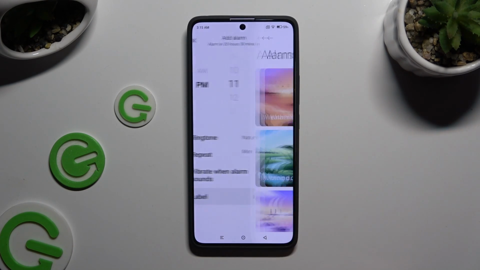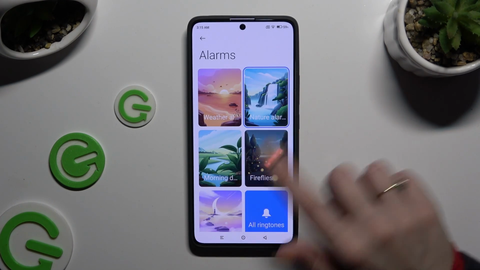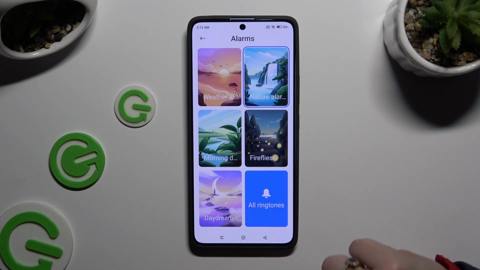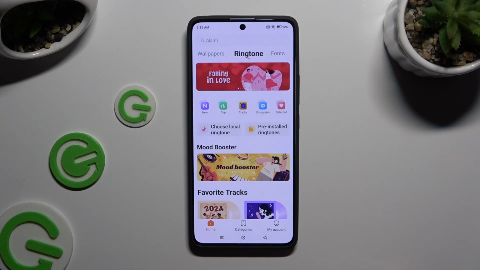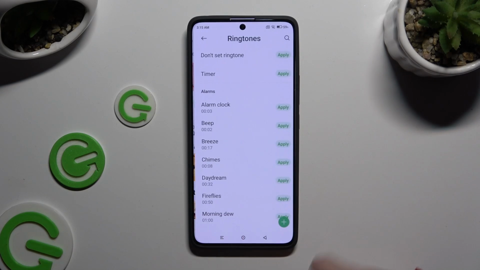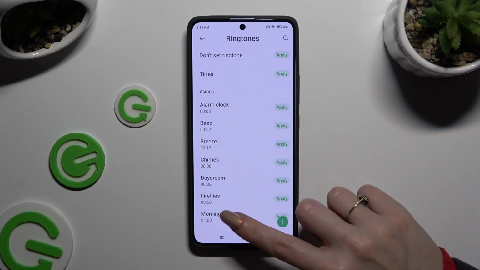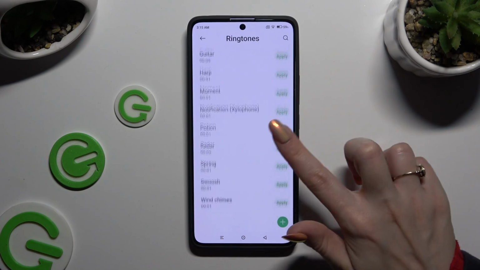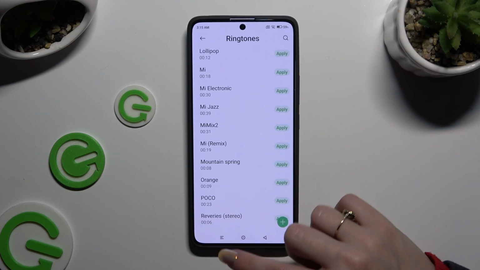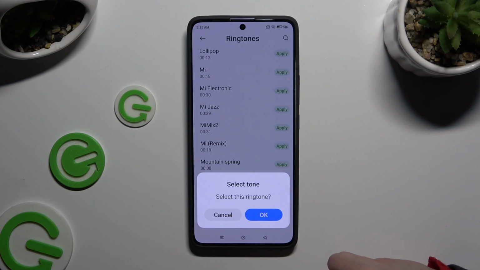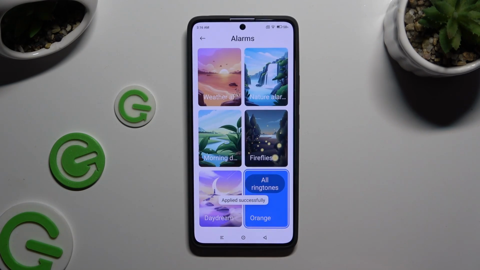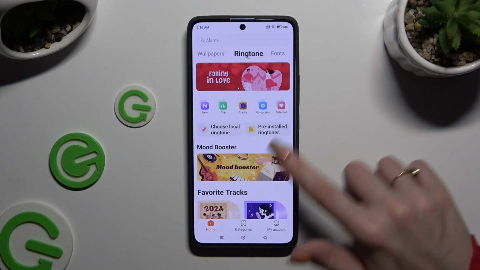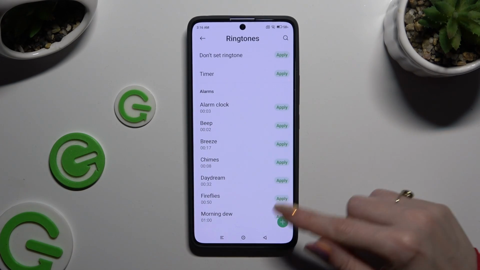Now select Ringtone. Tap on one of those melodies to apply it right away, or select All ringtones at the bottom. Now by tapping on Pre-installed ringtones, you can hit Apply next to any available one, like Orange, and save it by tapping on OK. To add music from your smartphone, go back to Pre-installed ringtones and click on this plus